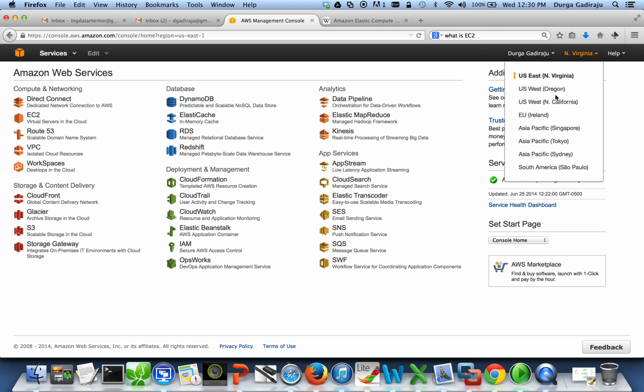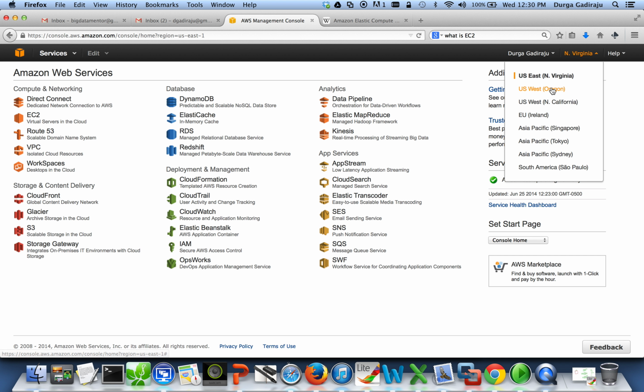So you have to be aware of which data center you are creating these nodes in, and if you set up a cluster in one region, and you have another in another region, communicating between them can be a challenge. So try to create all the nodes in the cluster in the same region, to avoid wasting time troubleshooting and fixing network related issues between the regions. So that being said,